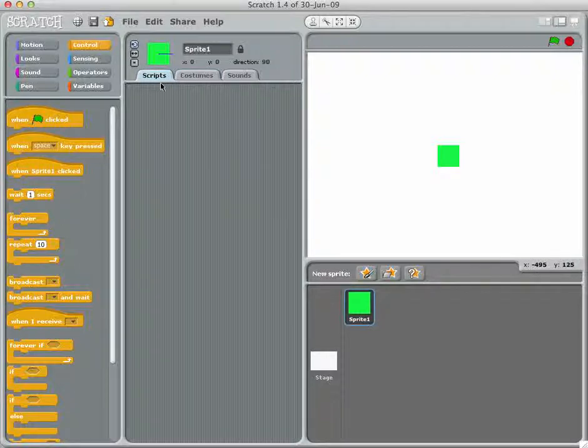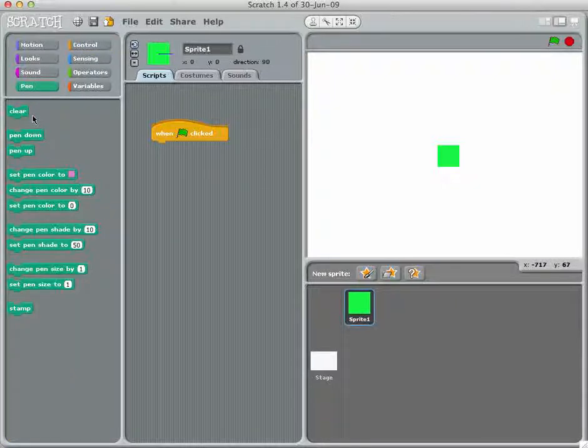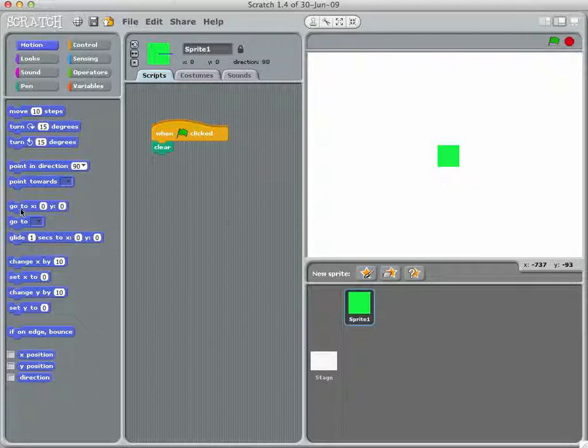We now go into scripts, and I need to select an activation control. In this case, I'm going to use the when flag clicked block. And I want to make sure that my screen is going to be cleared of any effects before I start. This is done using the clear block under pen. And I'm going to move my sprite to a very specific position. So I'm going to use the go to XY block,